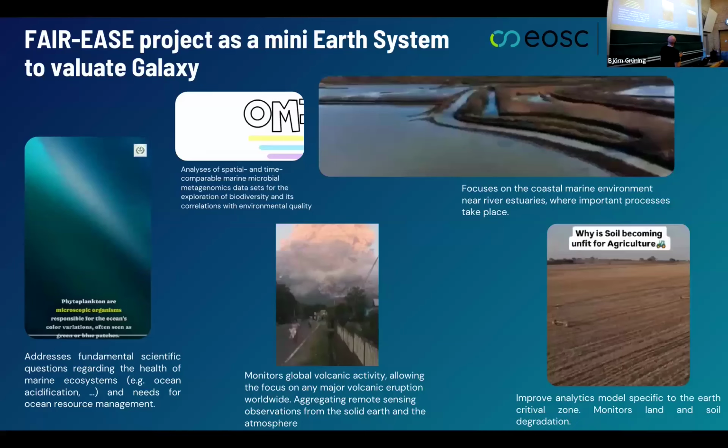So the FAIR-EASE project is a place to do that, because the project onboarded 5 scientific pilots.